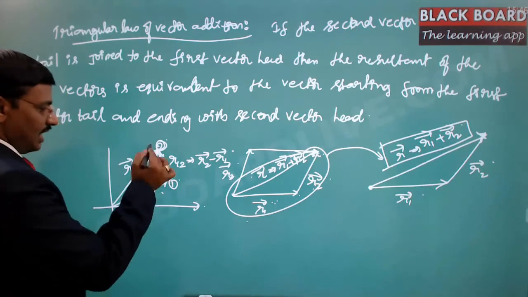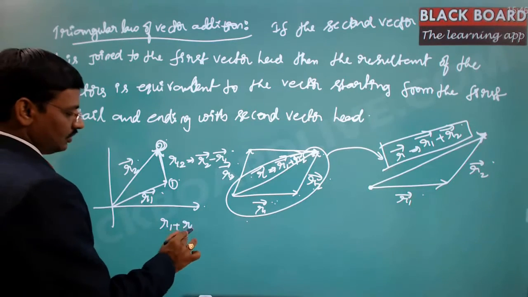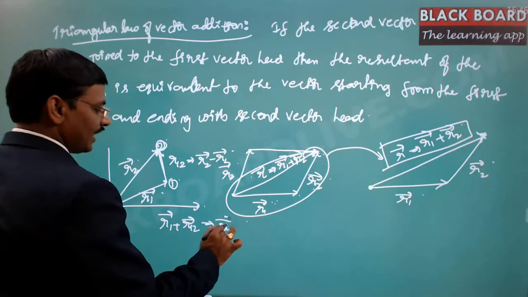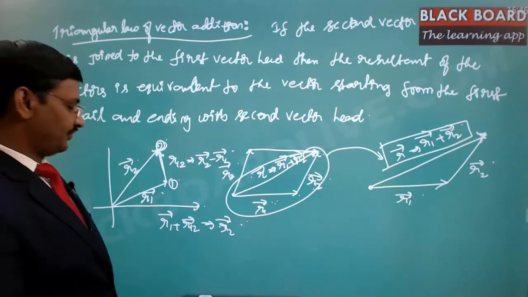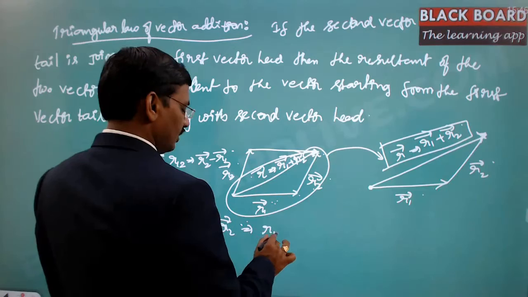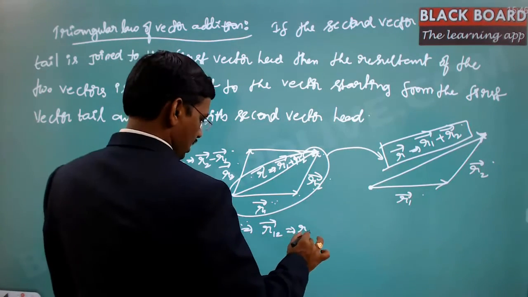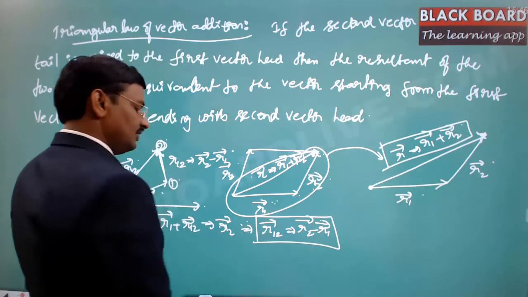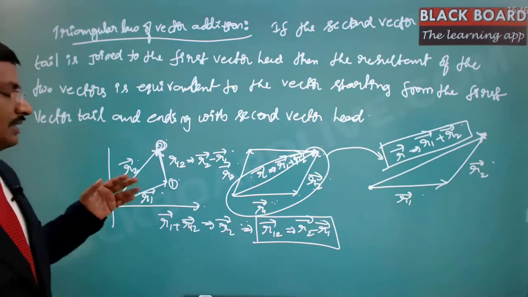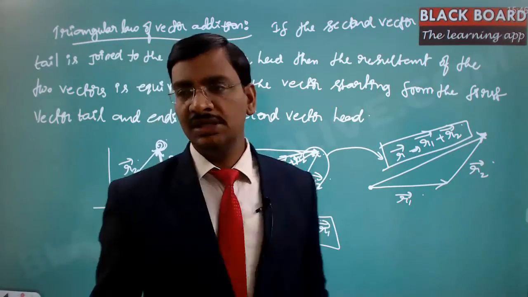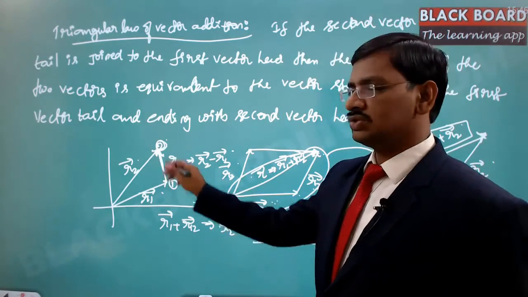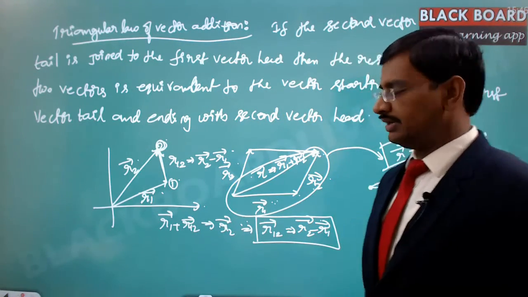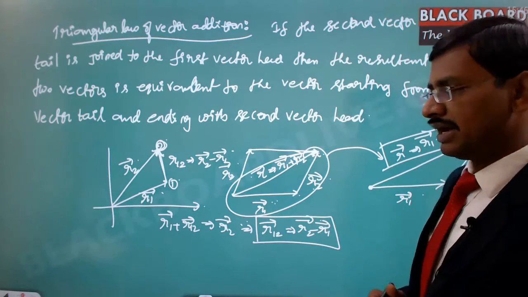Now R1 plus R12, if you add it together, has to be equal to the R2 vector as per the triangular law of vector addition. From this we can make out that the R12 vector is equal to R2 minus R1. So this is how you can make use of the position vector concept and the triangular law of vector addition, so that you get to know the distance between these two points, or the vector which is representing these two points. So this is the triangular law of vector addition.